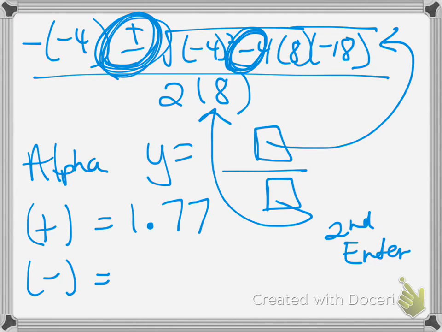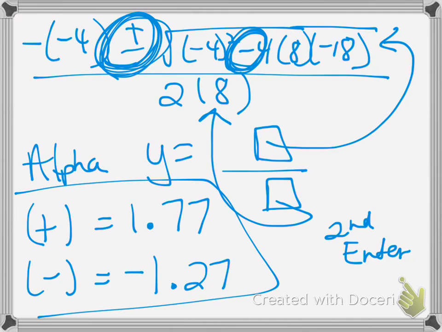The blinking thing should be highlighting over that. You will want to replace it with the minus sign, not the negative sign, but the minus sign, okay? And then once you've replaced that plus sign with a minus sign, press enter, and you get